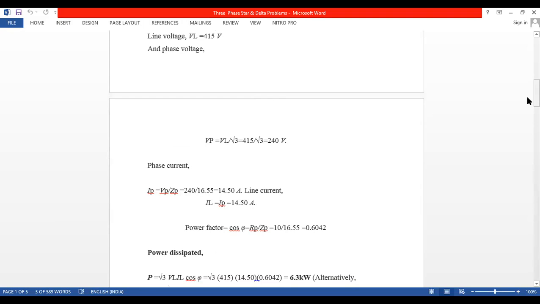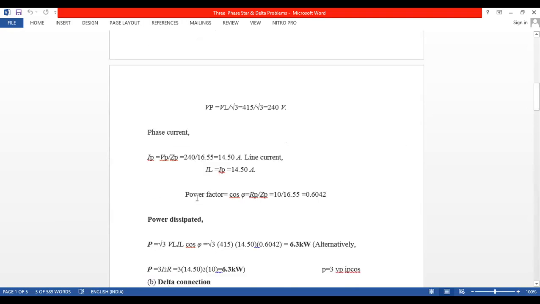In yesterday's class also I mentioned that power factor explains the quality of power transferred from one place to another. Power factor in India is 0.8. I will take a separate session for power factor. For the time being, remember power factor is cos theta equal to resistance divided by impedance, R by Z. This RP means per phase, they have written. We can neglect this P, and it is only the resistance by impedance.